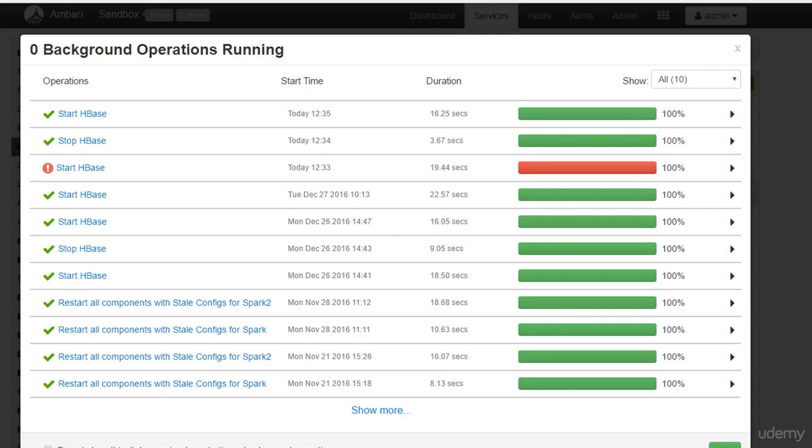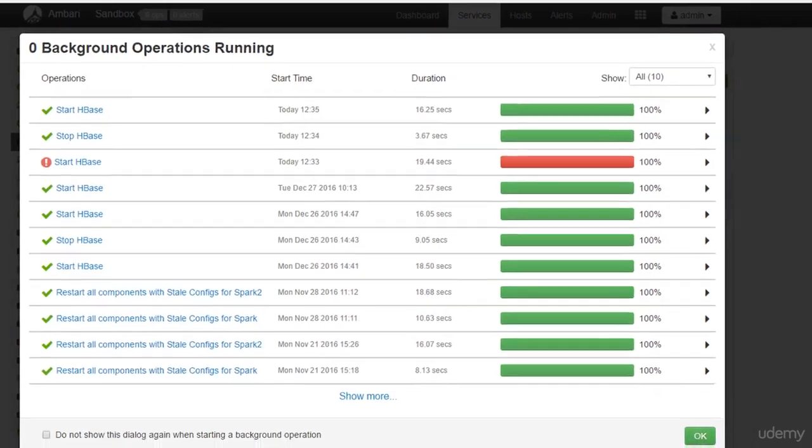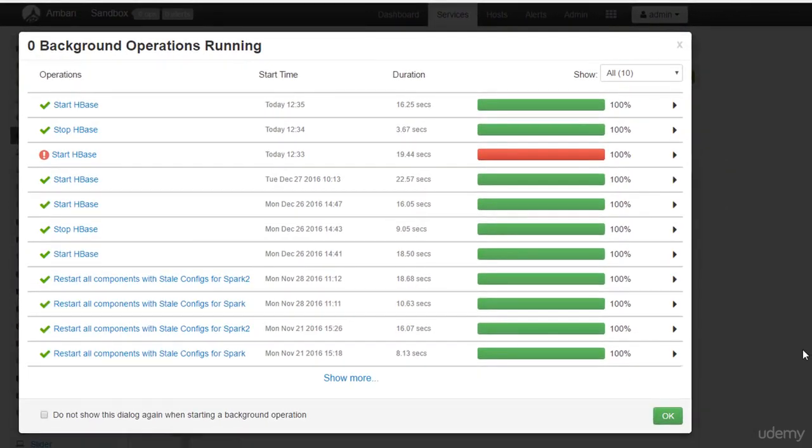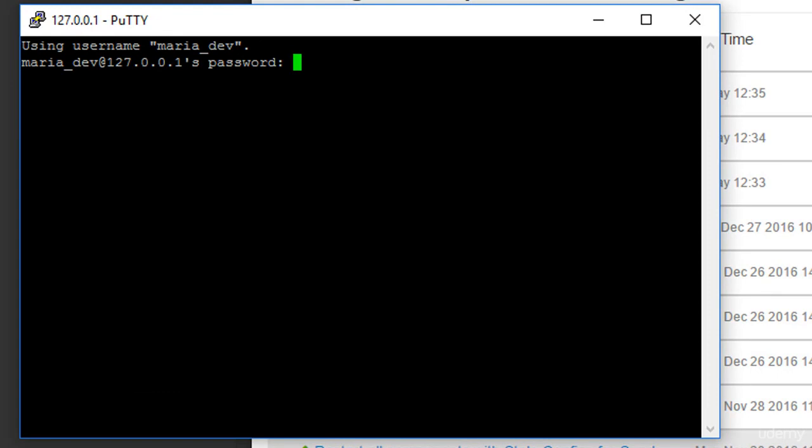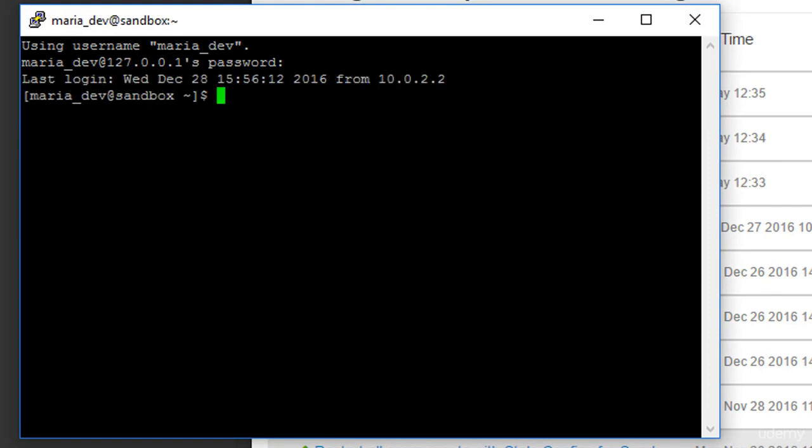So next thing I need to do is actually launch a REST server sitting on top of HBase so I can communicate with it from the outside world. So let's log in to my virtual machine here, and I will log in as maria_dev. And again, since I'm going to be starting services and stuff like that, I'm going to actually super user up to root. Again, on a real cluster, you'd have a more appropriate account setup for this sort of thing. But what I'm going to do is type in